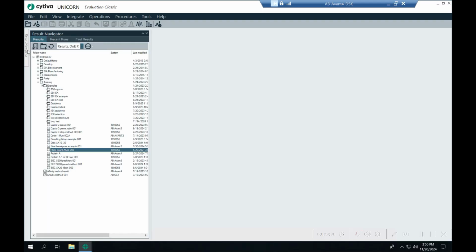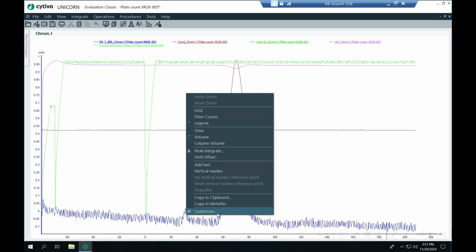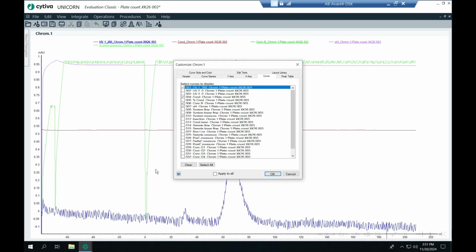Okay, so we're in the classic evaluation module. The first thing we need to do is open our file, and I have mine pre-selected right here, so I'll just open it. Your view might look different than this, but the first thing is I've got some curves I don't really want to look at, so I'm just going to get rid of those. I'm going to right click and then go to Customize,